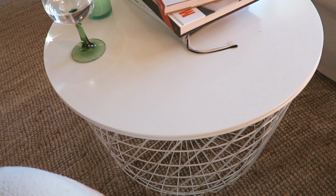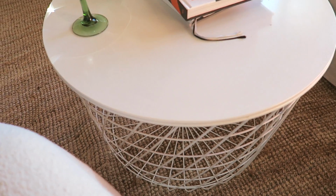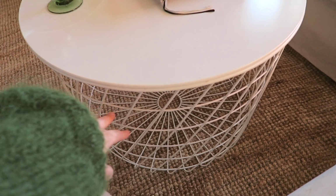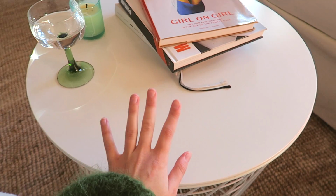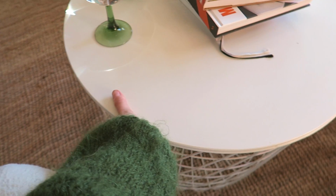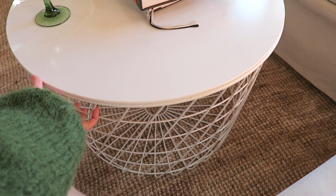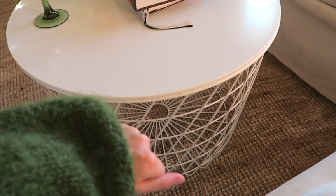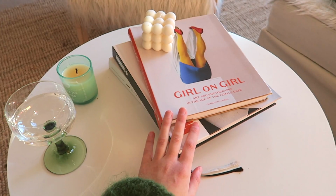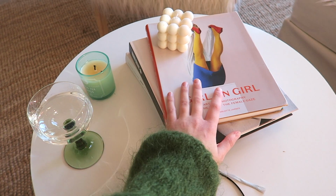So you guys know how much I hate this table. This is something that we got from IKEA when I moved to London, and it was a cheap thing to get. It also worked as storage, but as I get older, my tastes change just a bit. So it doesn't really fit my style or the room, and I'm not going to store anything in there because I just don't need the space, and it just looks a bit nasty whenever you put anything there. So for now, I covered this weird thing here with the books to make it look a bit nicer,